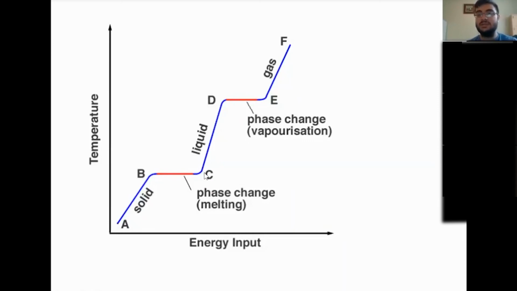Once there's no more ice left and it's all water, you put in more heat, more fire, and the temperature starts to increase linearly again, as you can see. Then you get to this point D, and now the water has reached its boiling point, 100 degrees Celsius, right? And again, you add more heat, more fire, and the temperature stays the same at 100 degrees, but slowly, as you put in more heat, it will turn from water to water vapor, to gas, right?